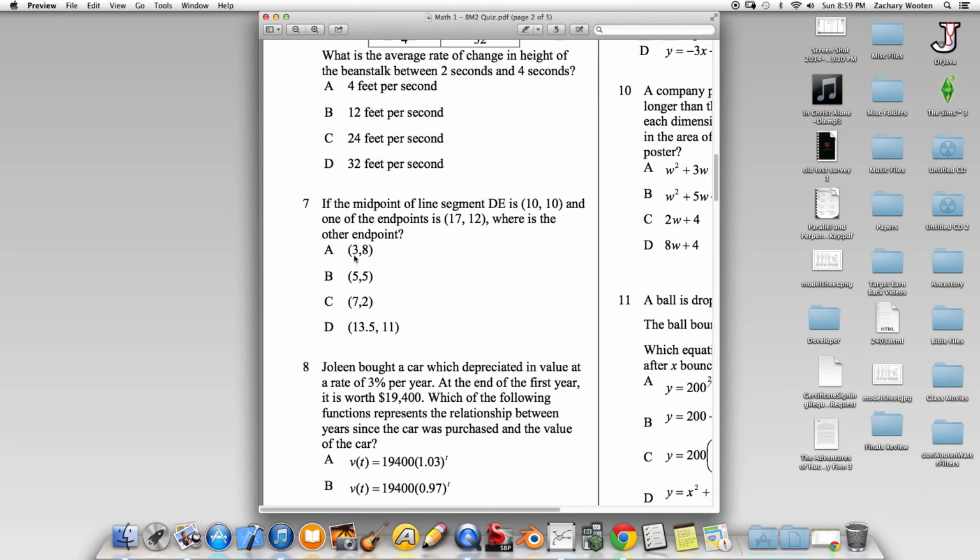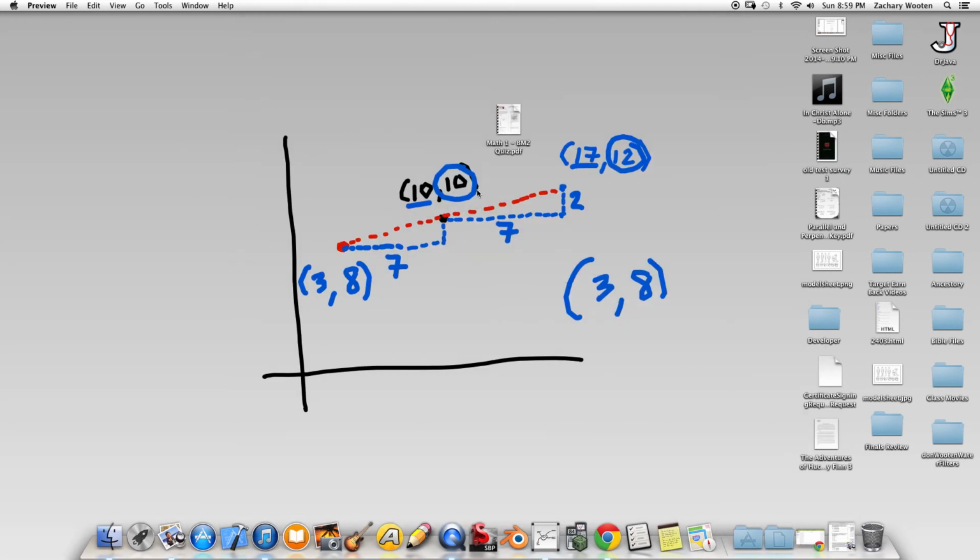Make sure you understand the direction you're supposed to go here. Again, this just comes down to realizing, oh, I'm given the midpoint and one of the endpoints. I can just figure out how far apart in the x and the y direction these are, and then just go in the opposite direction from the midpoint. So instead of going right 7 and up 2, go left 7 and down 2 and figure out what point that would be. Okay. Again, if